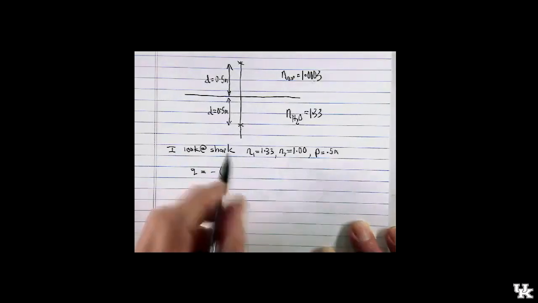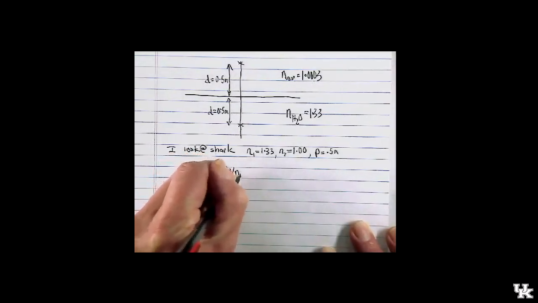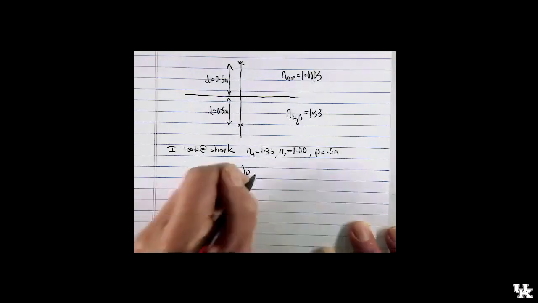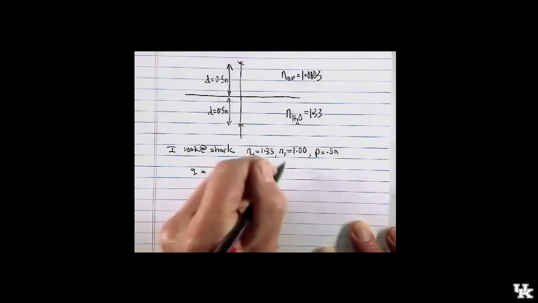I'm laughing to myself because I've written it down wrong here. It had a factor of the two refractive indices, the backside refractive index divided by the front side refractive index, so that's N2 over N1, times the object position. Well, look, over on the right-hand side of this equation, we know everything there. We know the object position at 0.5 meters. We know the two refractive indices,